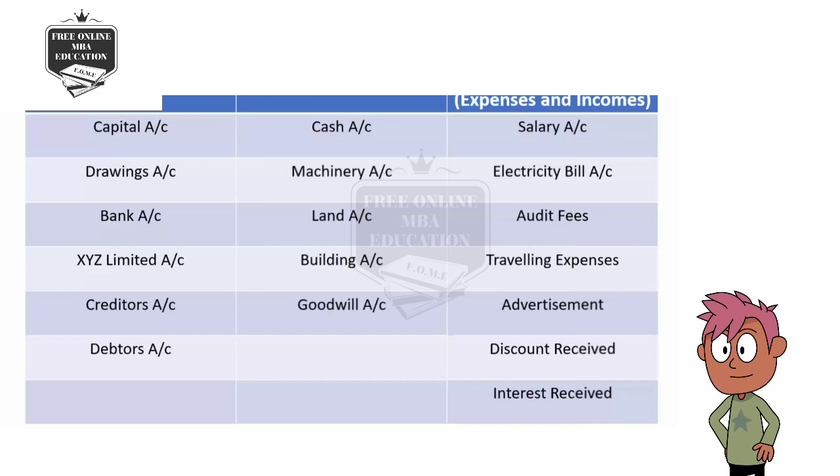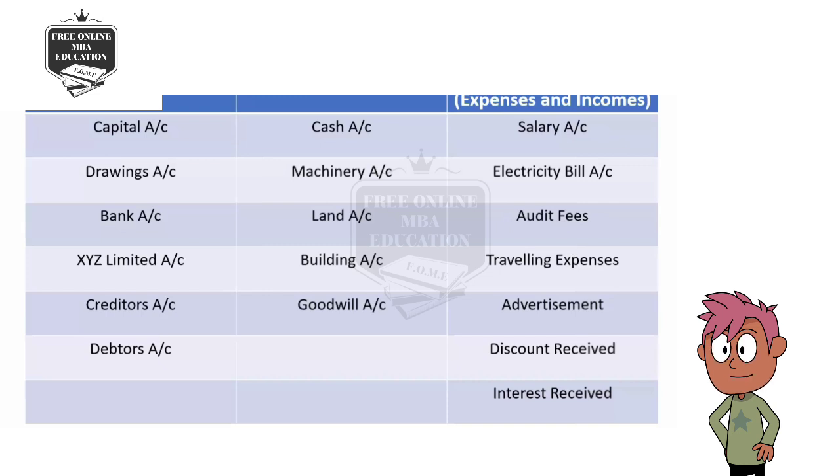Moving on to real account, those contain cash and all the assets like machinery, land, building, goodwill. Then certain intangible assets like the trademark, copyrights, patents, geographical indications, premises, computer, furniture. Those all things are covered under the real assets. So those assets are there in the business for utilization to earn certain income out of it. So we are going to utilize machinery for the purpose of business processes, and it's going to be a